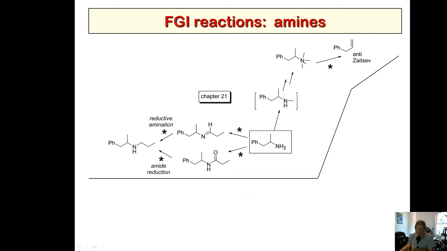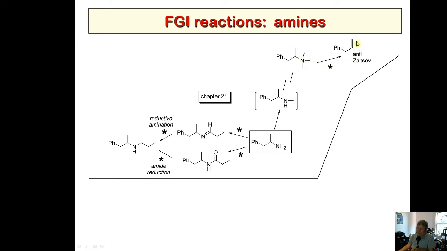Amines. Let's talk about amines a bit. Another functional group we like. Let's start in the box in the middle. Of course, one thing we learned was called the Hofmann elimination. So you would methylate it exhaustively. Methylate once, methylate twice, methylate three times. Then the N with three methyls is a leaving group, and then with a base,